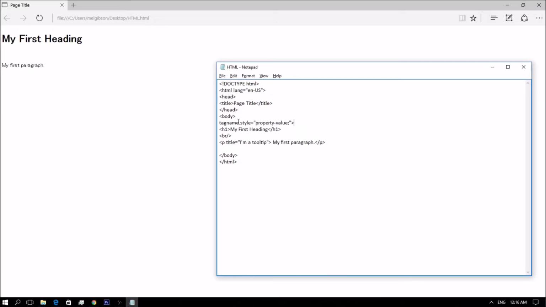So the property is a CSS property. The value is a CSS value. You will learn more about CSS later in this lesson.